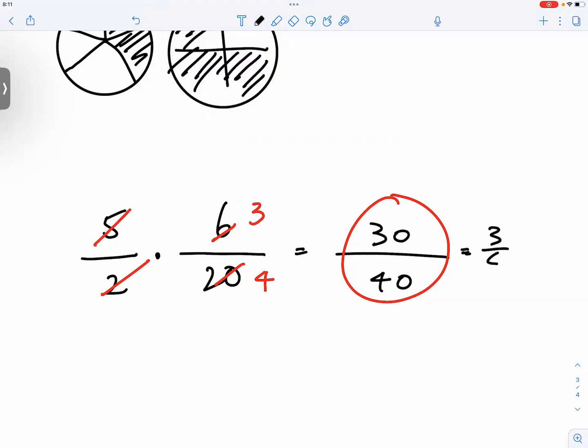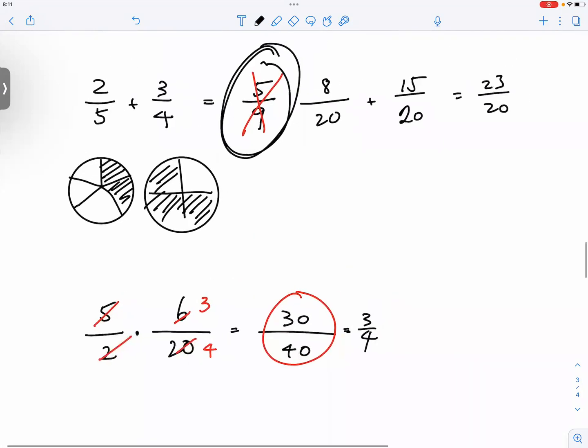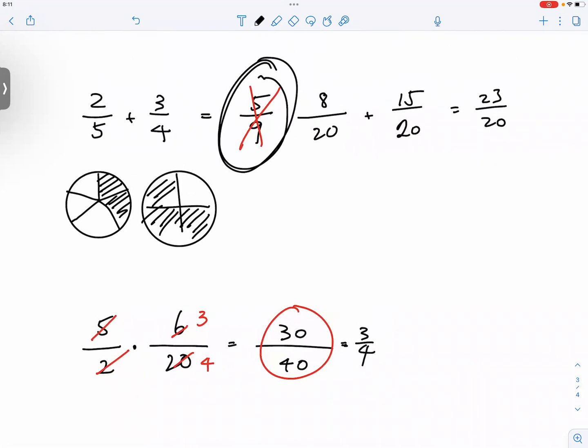Okay, you still get the same answer, which is 3/4, but it will be a lot easier that you recognize that you can reduce the fractions at the very early stage, then you compute. Okay, I'm going to remind you, but I want you to absorb this at this moment. Understand some very common work with fractions, that when we add fractions together, add and subtract fractions together, we're going to have